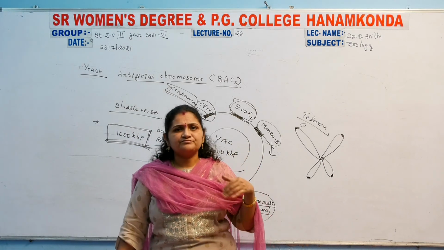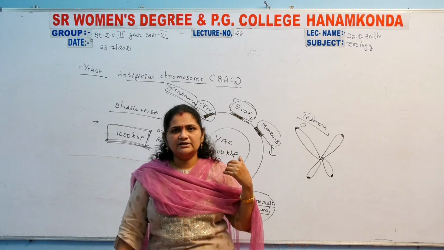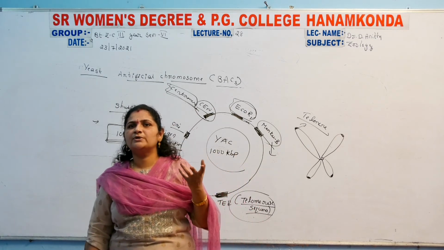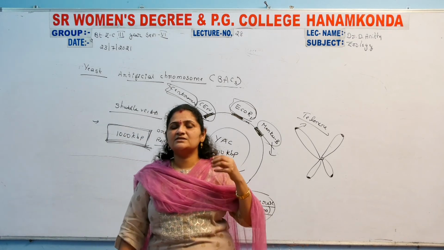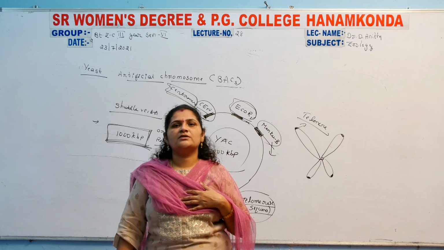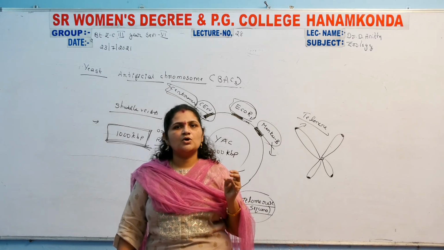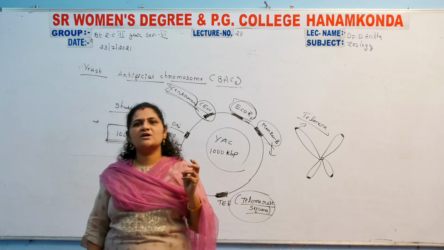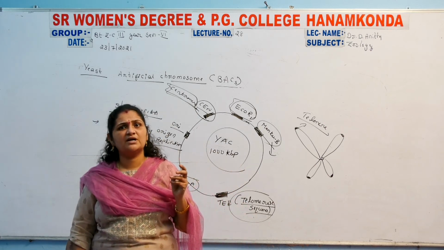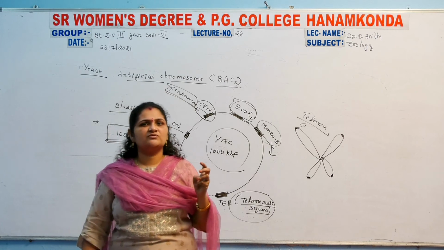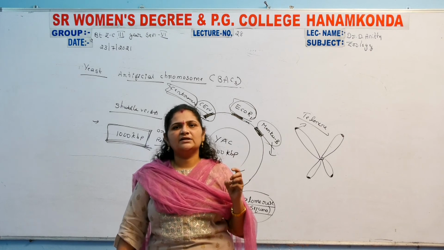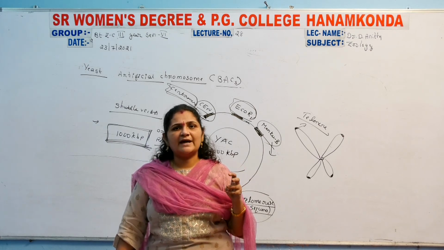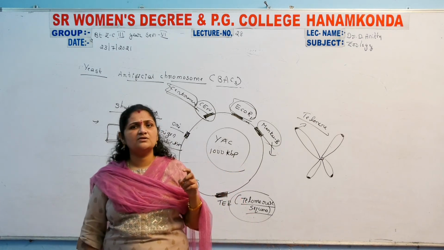It can replicate and allow up to 1000 kilobase pairs of DNA length, so a large DNA length can be inserted in the yeast artificial chromosome. So these are the cloning vectors: plasmid, cosmid, and the F plasmid, the phasmid, which is one of the modified forms of the cosmid, and bacteriophage vectors, bacterial artificial chromosome and yeast artificial chromosome. These parts of the cloning vectors are completed.